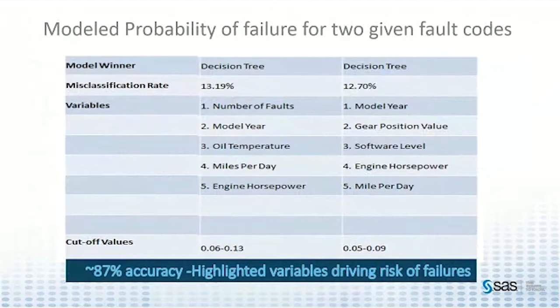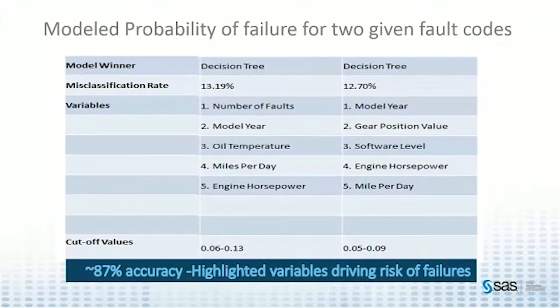Here is an example of some of the different types of data points that we can pull in: the number of faults, the type of vehicle it is, the oil temperature, how much mileage is on the vehicle, and some specific information about how that vehicle has been used, or its category or model. Depending on the type of information we're looking at, we can use things like decision trees to highlight something like a turbo fault, and that's actually what this is. This particular model was to look at turbo fault prediction errors.